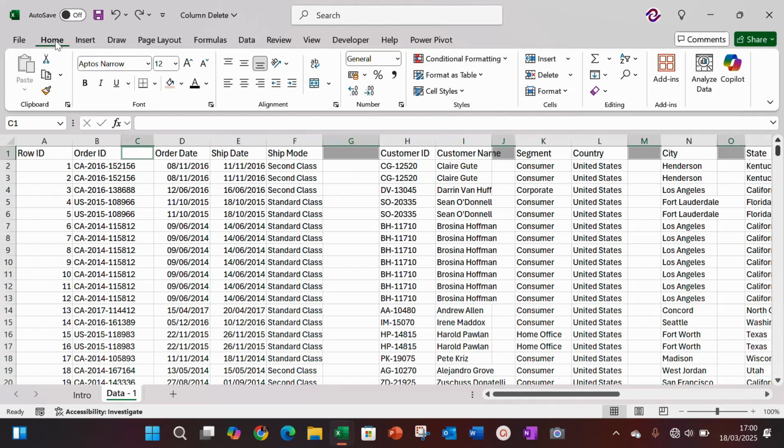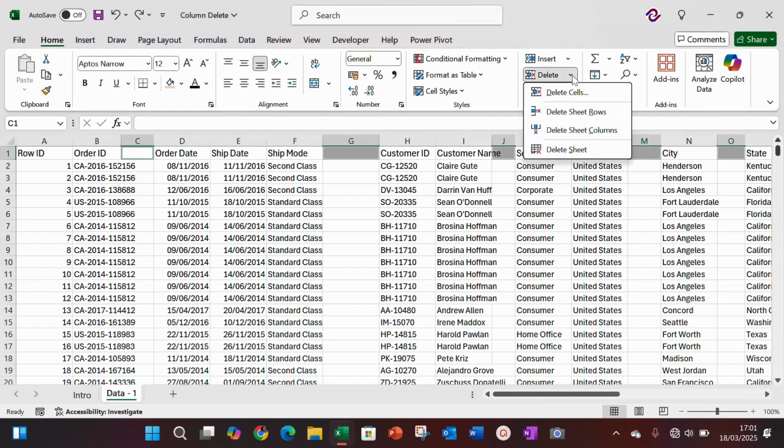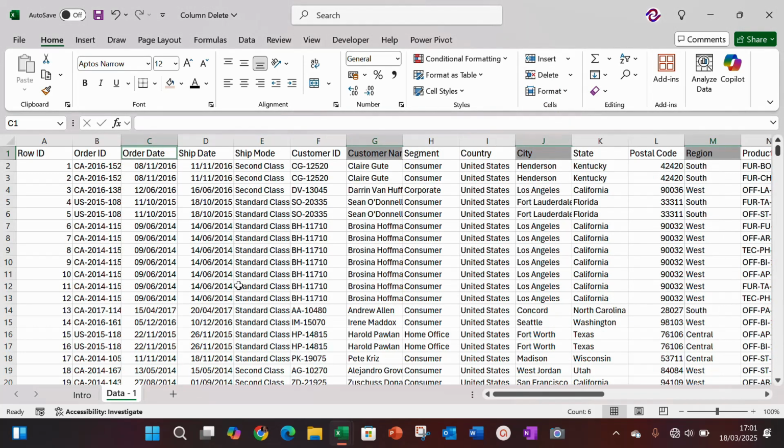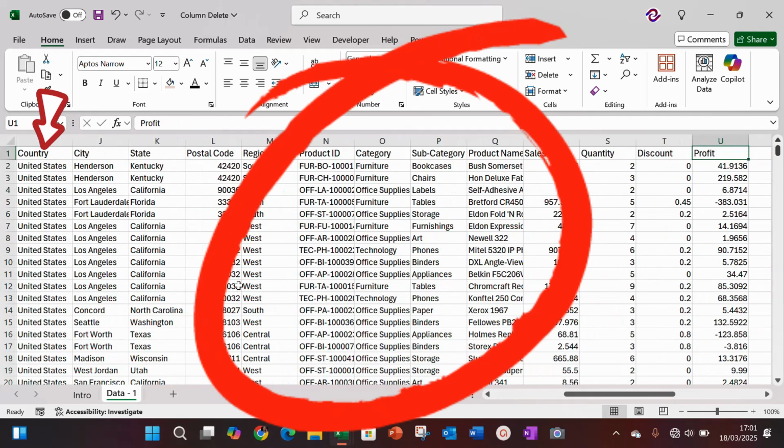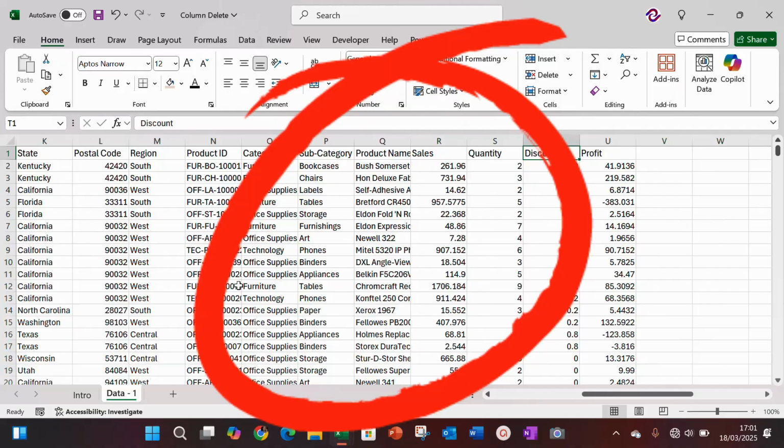I click on my home tab, get straight to the cells group, and under the delete, I click the drop down there, and I'm saying delete sheet columns. Now the earlier ones we did, we said delete sheet row. So I'm going to select delete sheet columns. Now I take this and my report is set. So this is how to delete the empty columns that you see in your report. Rather than battling with them and trying to take them out one by one, that is the best